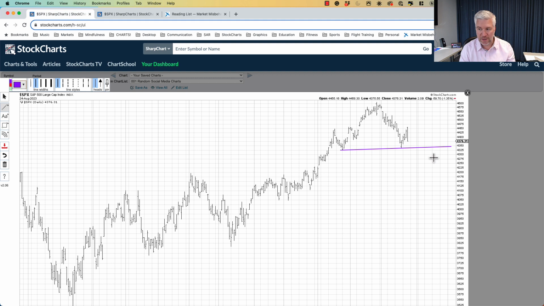But at some point, we continue to distribute. The price of the S&P is going to go below 4,350, completing a rotation below this neckline. And what you have to remember is that until that happens, at this moment, it is not a head and shoulders pattern.